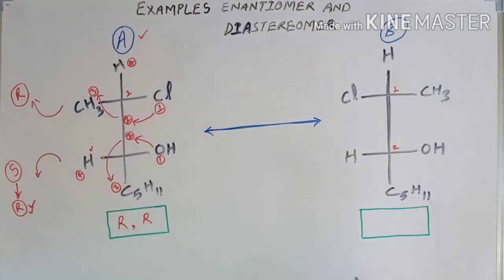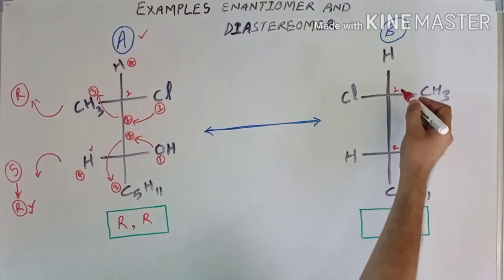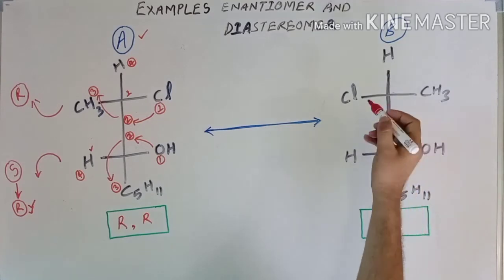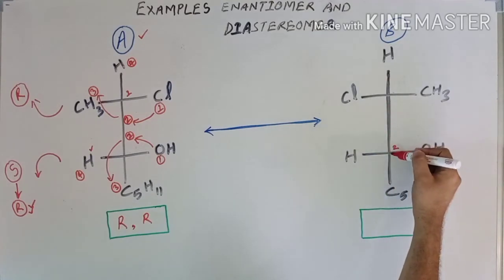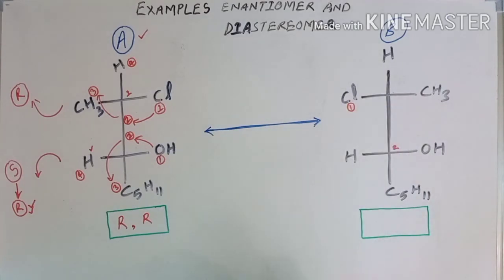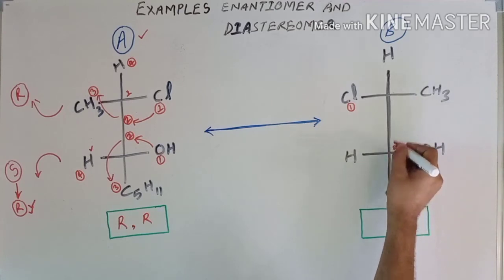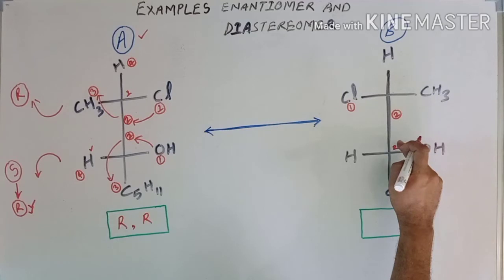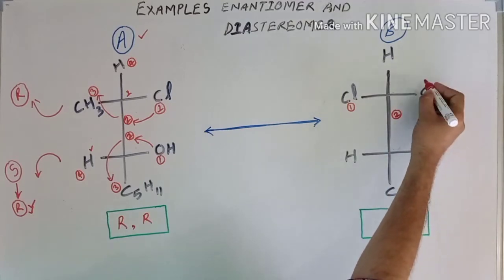Now move on to the second molecule B. Here again we apply the CIP rule and find out the configuration of carbon number 1. This is carbon number 1. Now on this carbon, chlorine is there, carbon is there, and hydrogen. Chlorine has highest atomic number, so first priority. Second priority goes to this carbon because this carbon has oxygen, and third priority goes to this carbon, and fourth